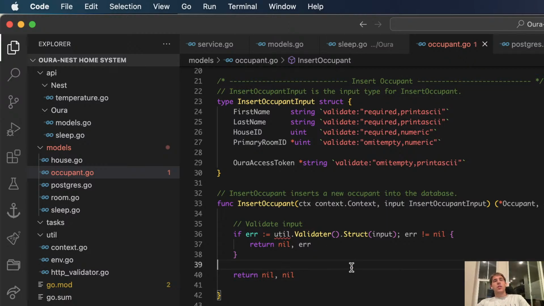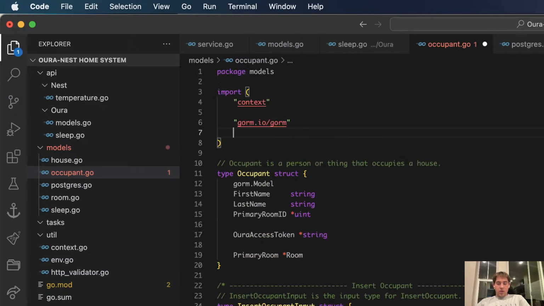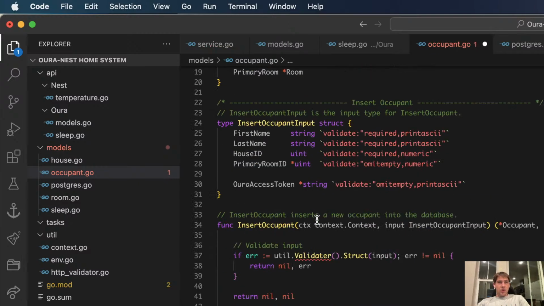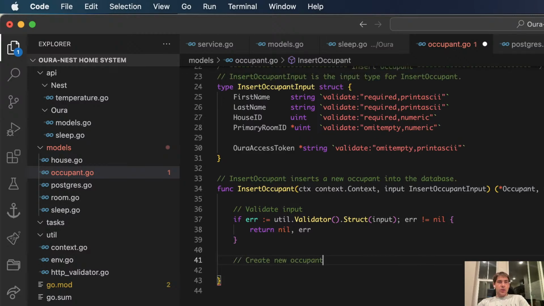Come on. Okay, whatever. I don't know why it doesn't like this. That was bizarre. Because I spelled this wrong. Okay, so that'll validate it.